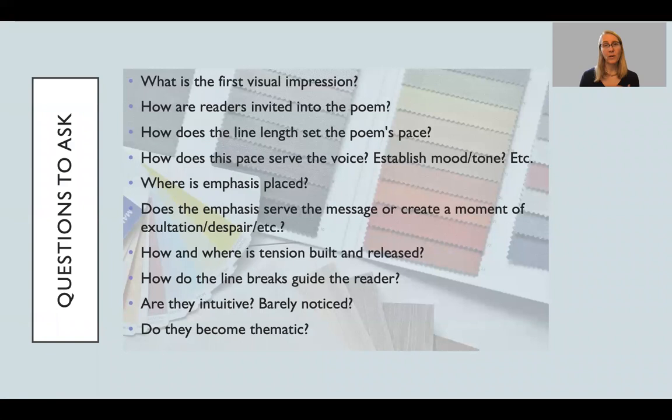As you are working with your shape, your form, the different line breaks, these are some questions you can ask yourself, whether you are a reader of someone else's work or you are the poet and you're trying to figure out what you want to have happen before you share it with other readers. So, some things I always ask myself as a poet or reader is, what's the first visual impression? Right? If I see something all over the place, I might have different expectations for what it's going to be like than if I see something and I'm like, oh, that's going to be a haiku. Maybe it's not going to be a haiku. I'm going to have to dive in there to find out. How are you inviting readers into the poem?